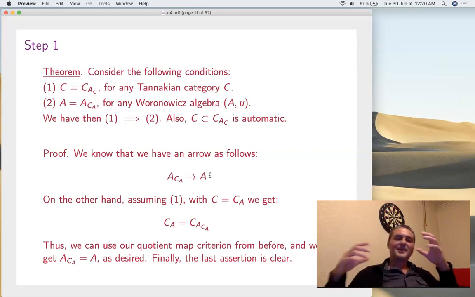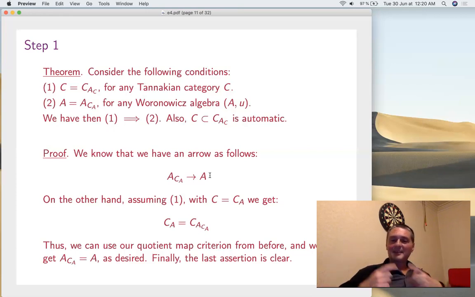So in the situation where we have a quotient map and the categories coincide, and that's something that we've seen in the beginning, that nice useful result that in this case we must have an isomorphism. So that KC is A, that's what we want. Finally, C included into CAC is the same thing as this. I mean, it's just clear. Very good. So we have just one inclusion to be proved, namely C includes CAC.